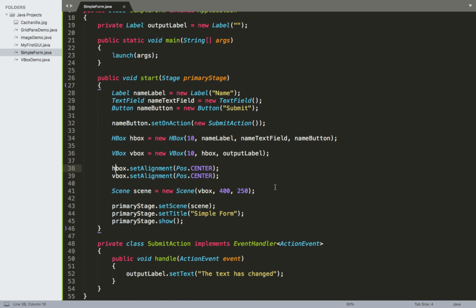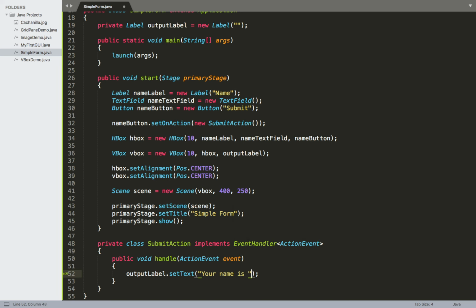Alright, so now the next thing I want to go ahead and do is to modify the behavior and handle a little bit so that this is a bit more interesting or a bit more dynamic. So right now, ideally the expectation here might be if we want to at least see a message that's associated with the text field that we've created, maybe we want to go ahead and take the content of that text field and actually display that to the user. So the way that we could do that is we've got our output label, we're setting the text to something like this. So maybe instead of using this message right here, instead what I could do is say something like,